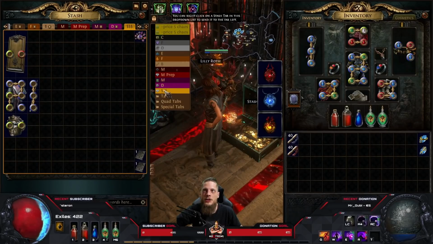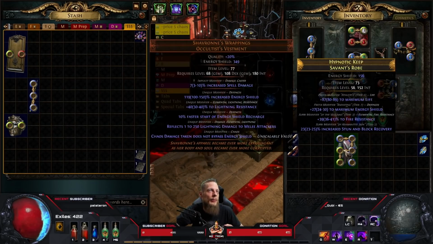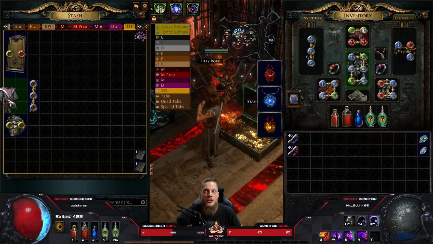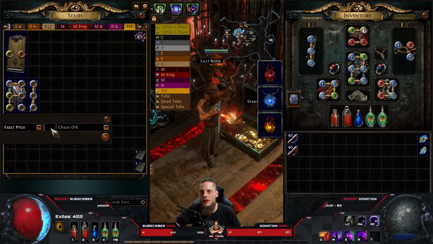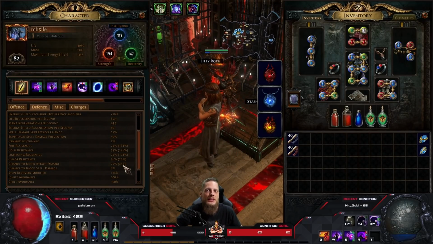But the chest that I used was this one. I think I bought this for 5 chaos, which is basically a 5 link. Same rules as the other ones: high life, a resistance, and an open suffix to craft another resistance that I potentially need. And as of right now, I'm having a little bit of overkill res, but this is totally fine